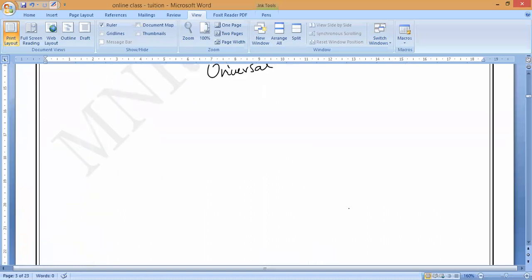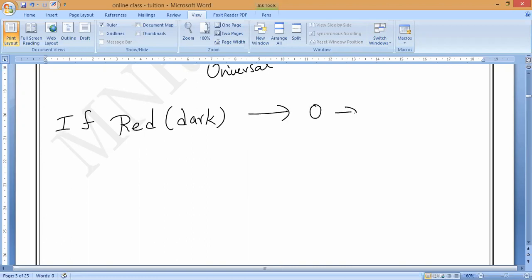Now, if the pH chart is not given, then what do we have to do? If you observe a very thick red or dark red, then remember it belongs to a pH value of 0, and it is a very, very strong acid. That is what you have to remember. So if it turns dark red, then its pH will be around 0, and hence it is a strong acid. You understand?